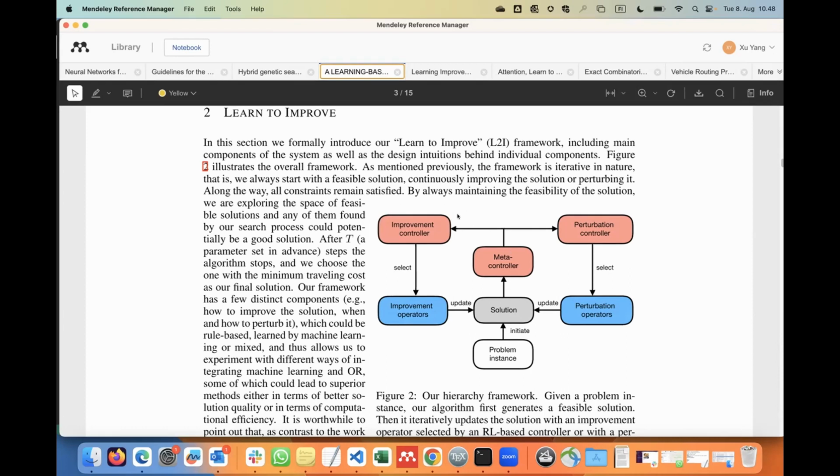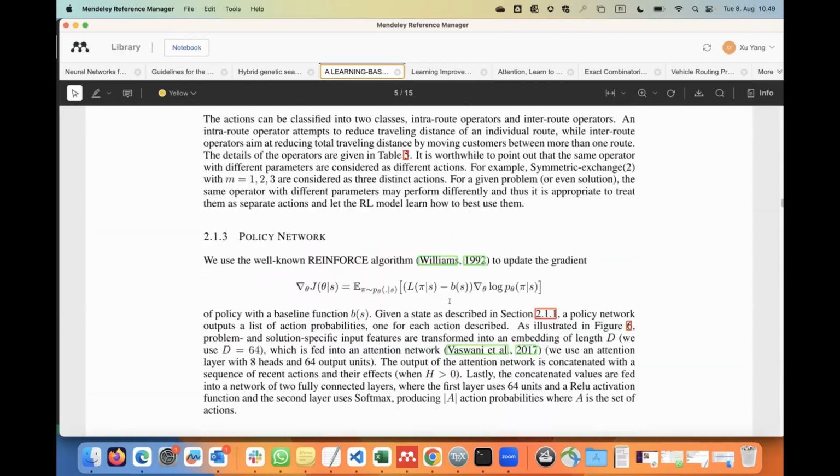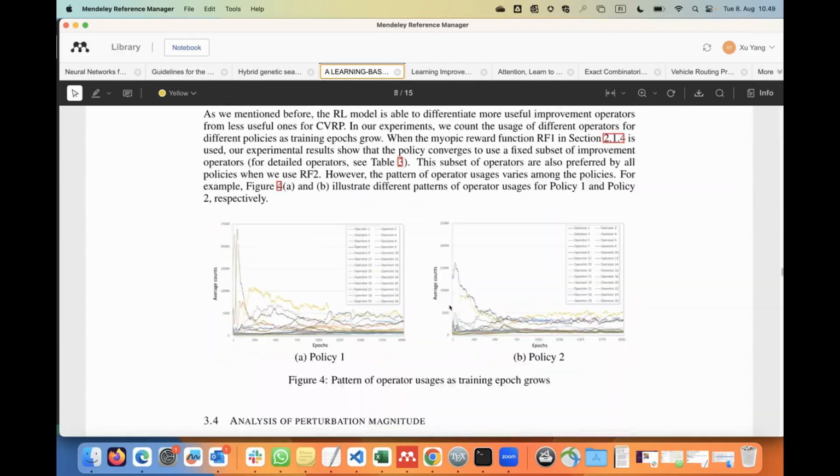This part they used deep learning, and this part they used a rule-based controller. It's like setting up a parameter: if the iteration doesn't improve for, for example, X times, then use this controller. And this part specifically uses this structure.